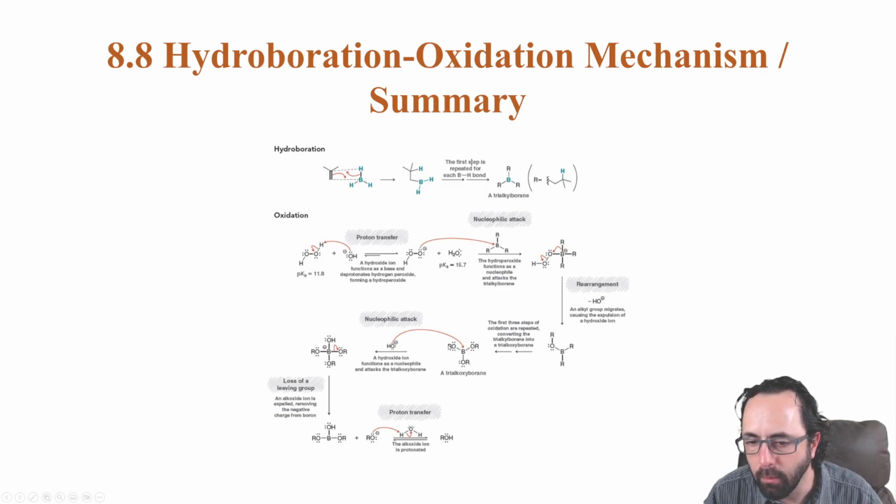Finally, we have an attack by the hydroxide, which is from the sodium hydroxide. And then we again have a boron with 4 bonds. Again, it has a negative formal charge. It doesn't want 4 bonds. At that point, the alkyl group leaves, and then we get a protonation, and we end up with an alcohol